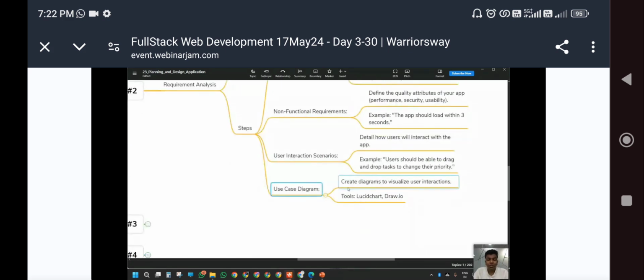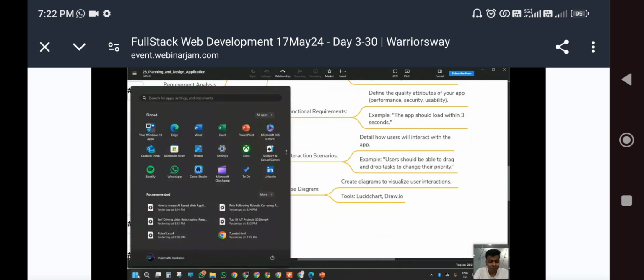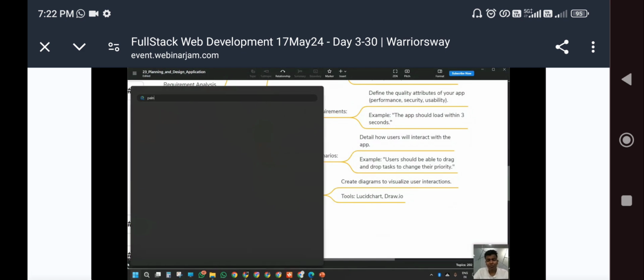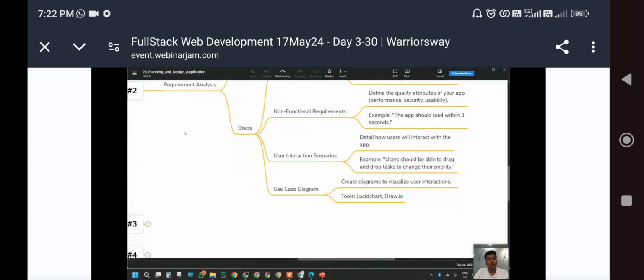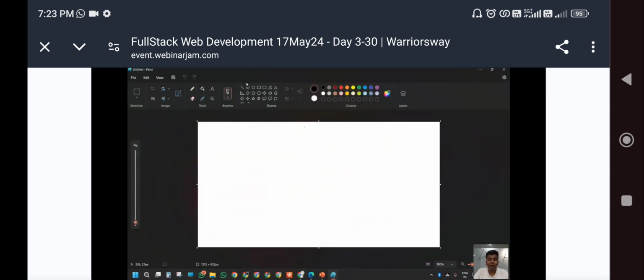And the use case diagram. While talking about the use case diagram, you can use tools such as Lucidchart or Draw. Just simply plan the interaction, how it should flow. For an example, let me use Paint. You just try to use Lucidchart or Draw or something. Whenever you are building an application, you need to plan how the navigation should be. For an example, if this is the first thing,